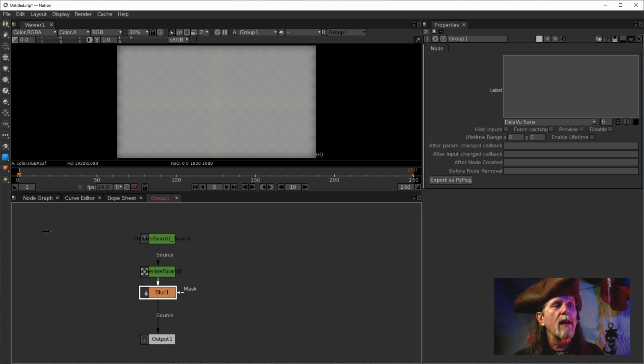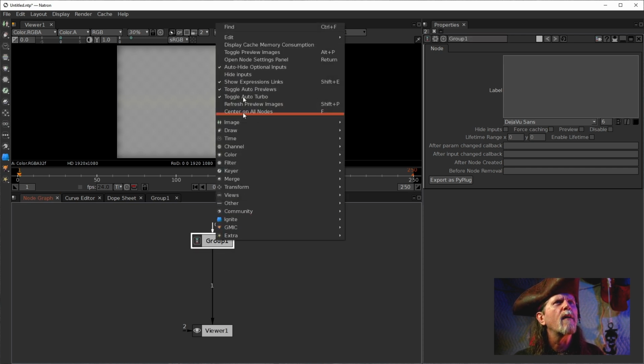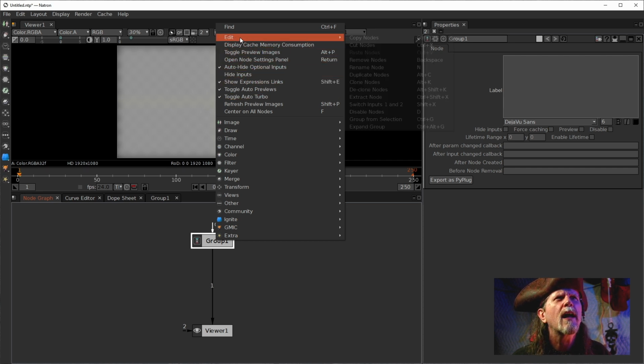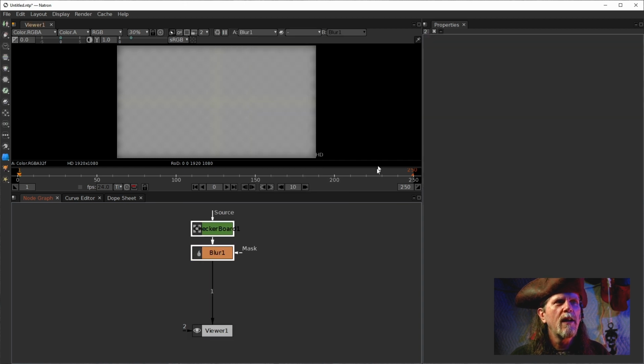But here's something we might want to do. What happens if we want to deconstruct it? I believe we can actually tell it to edit onto here. We can tell it to expand the group right here, and we expand the group, which is Control Alt G. It will undo the group, so we can take it out of the group so it can become part of